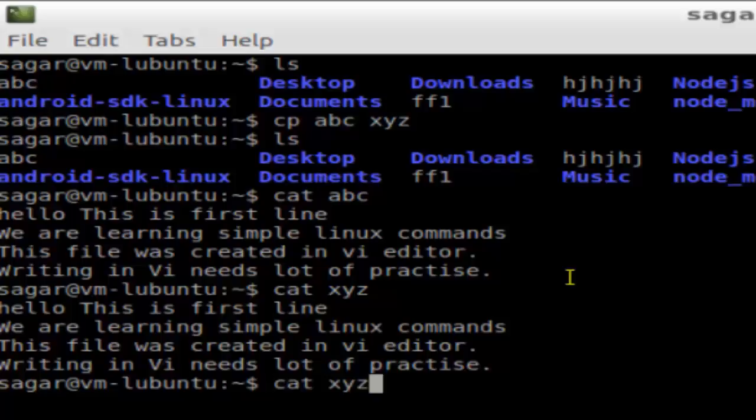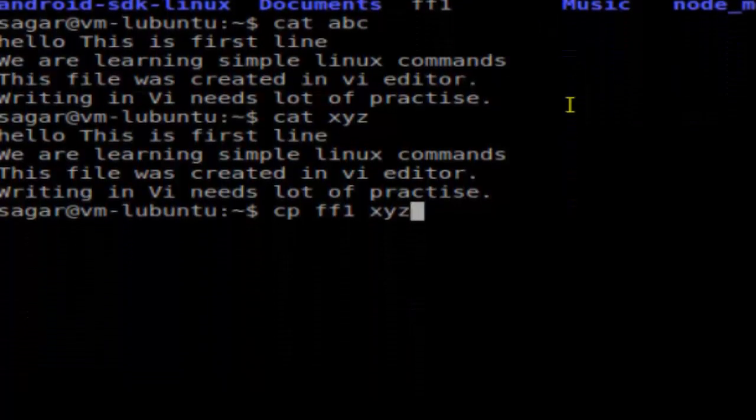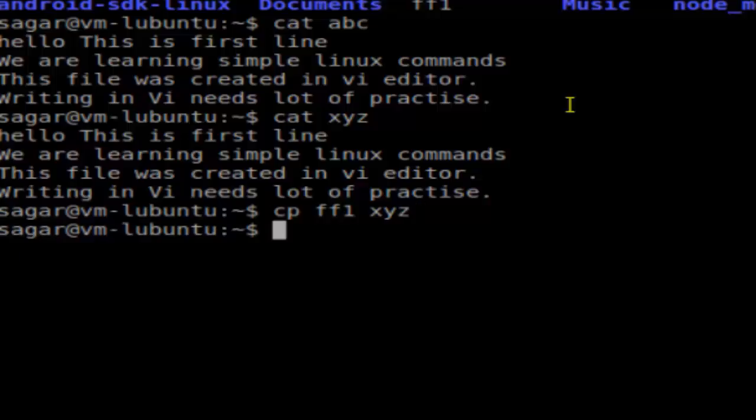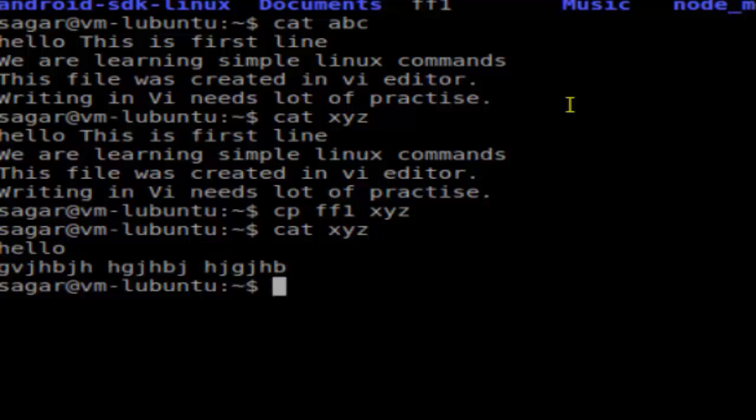Now what will happen if I just copy this ff1 file to xyz? Since the xyz file already exists, let us see what happens when I try to copy the ff1 file. As you can see, the contents of xyz have changed now because I have copied ff1 in there. The more important thing to notice here is that Linux did not ask you whether you want to overwrite that file, because that xyz file already existed there. So the copy command doesn't ask by default,